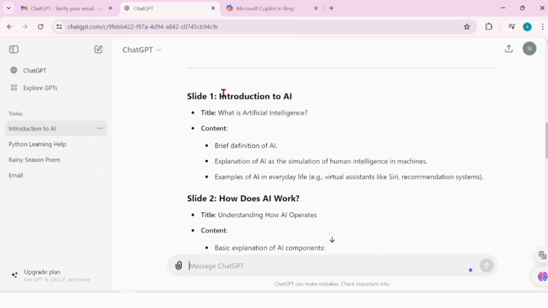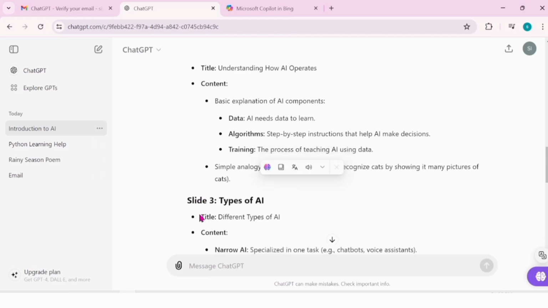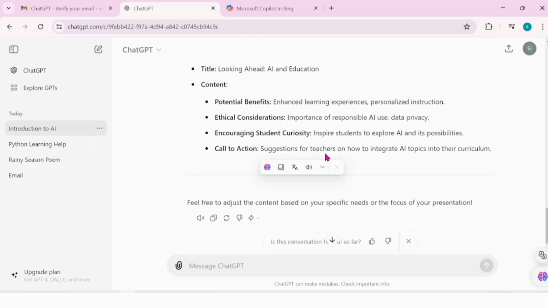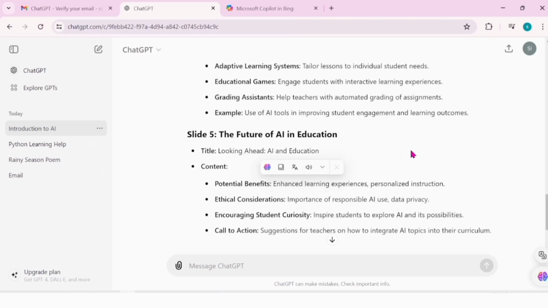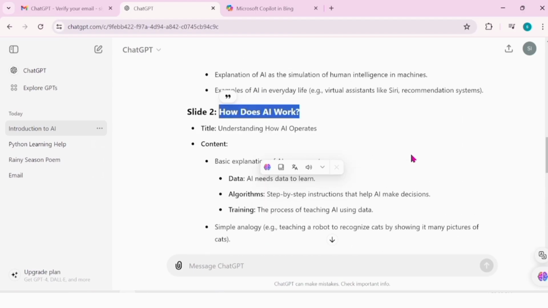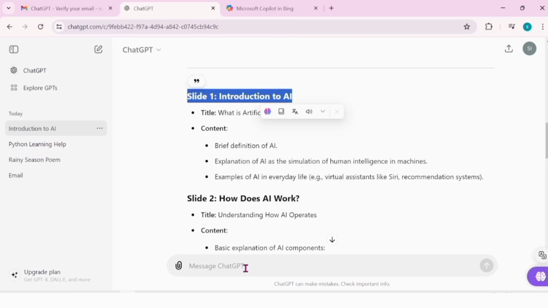So it is saying the first slide should be the introduction to AI. How does AI work? Types of AI, and it should cover AI in the classroom and the future of AI in education. So you can see it can create the content for the presentation slides as well. Okay. And suppose whatever content it has created, you want the detailed information, you can write down,